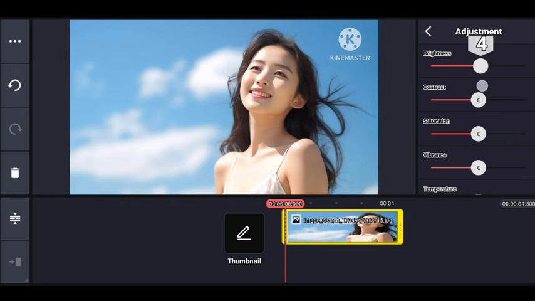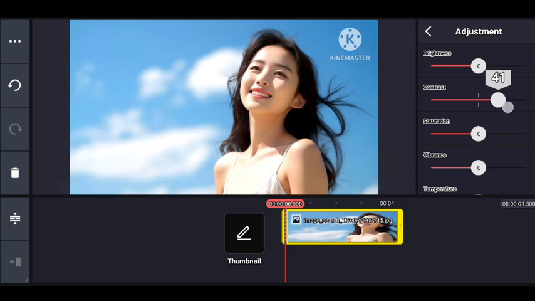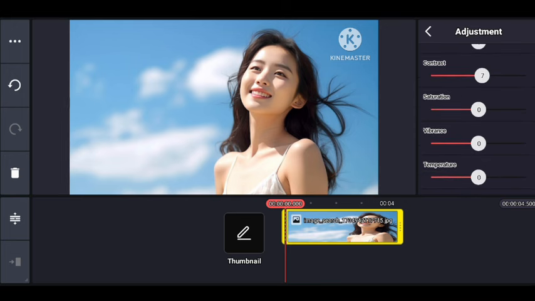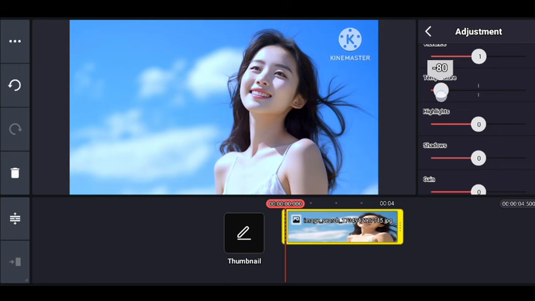and increase some brightness. If your photo's brightness is low, you will increase and decrease your brightness. Then click on contrast, increase some contrast level or photo smoothness. Then click on saturation, so like this. Then click on temperature,